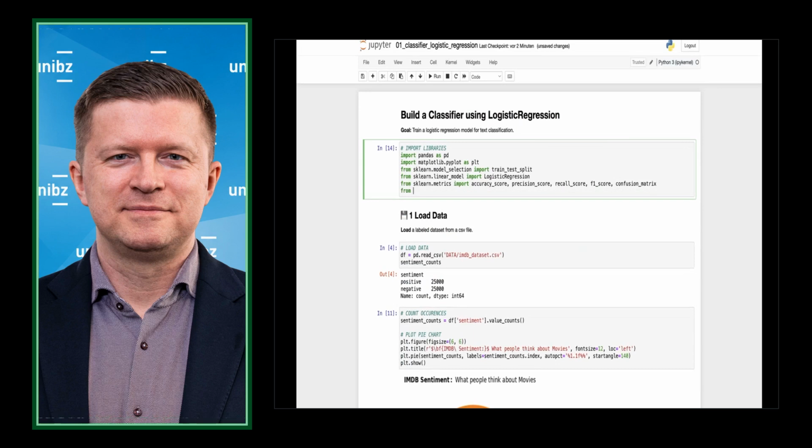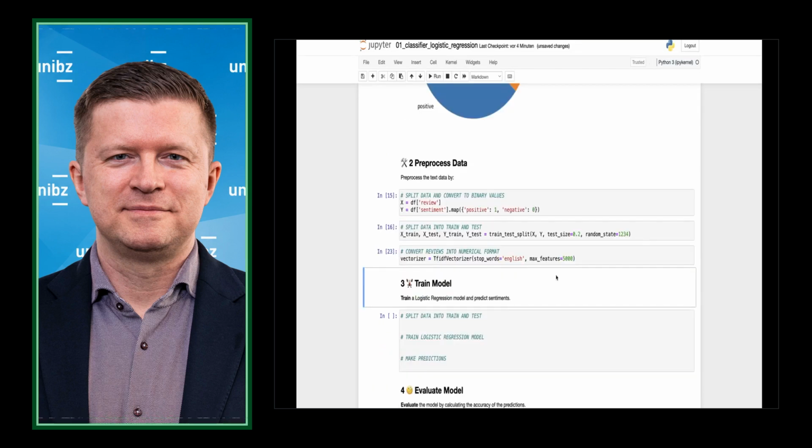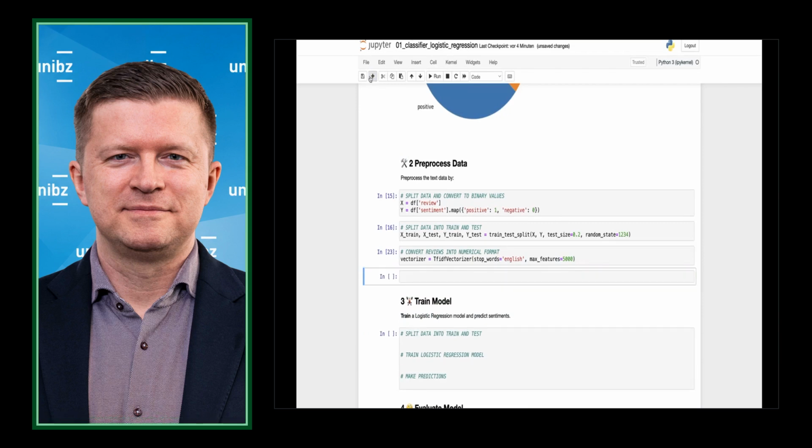So from sklearn.feature_extraction.text import the TfidfVectorizer. After we have done this, we have initialized it. Now we're going to use it. We use it by calling fit_transform, and fit_transform transforms our features into what is called a sparse matrix